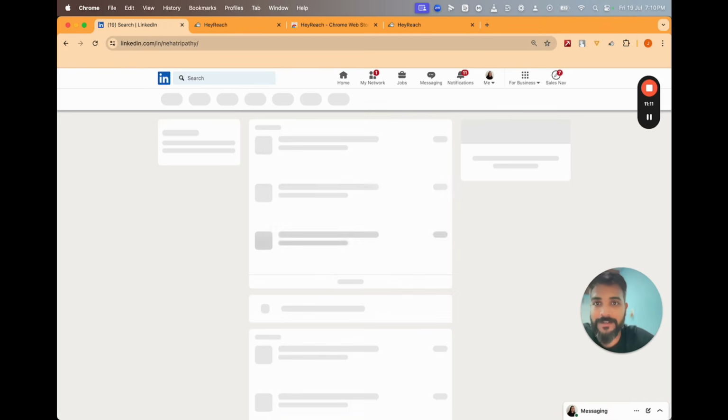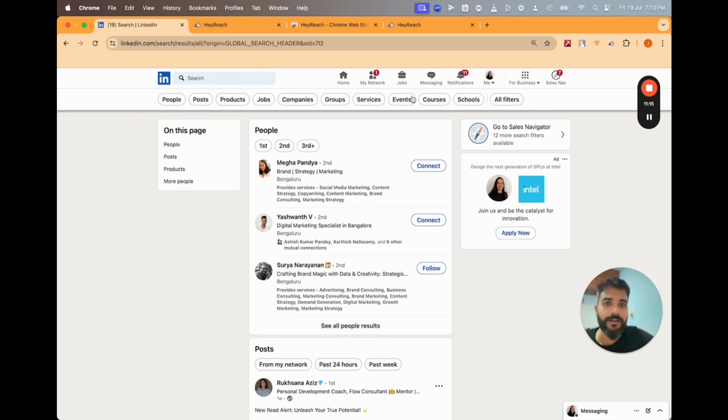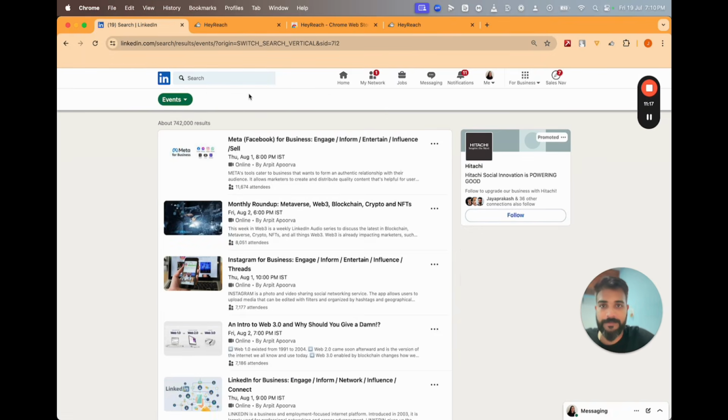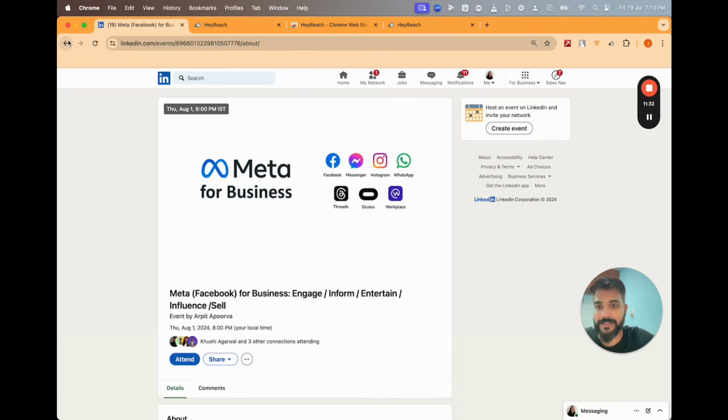Let's say, for example, if I do a blank search, I can search for events, and maybe we can search for, okay, there we go. We got Meta for business, engage, inform, entertain, influence, sell, Instagram for business. Okay, these guys. So a lot of attendees here, right? So we can join one of these and basically start pinging these guys.